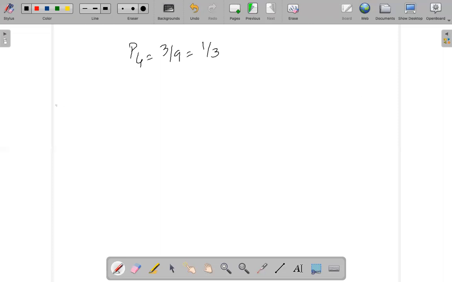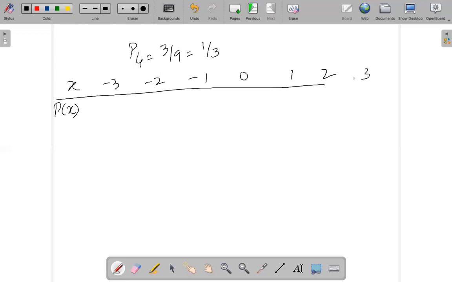And then the distribution table will look like this: P of x for minus 3, minus 2, minus 1, 0, 1, 2, 3 is 1 by 9, 1 by 9, 1 by 9, 1 by 3,